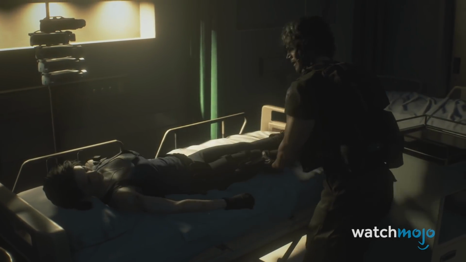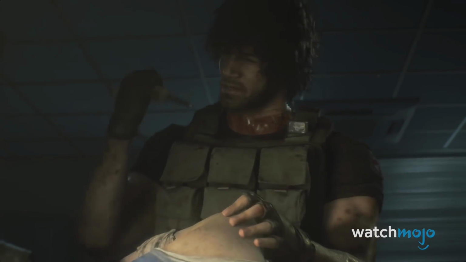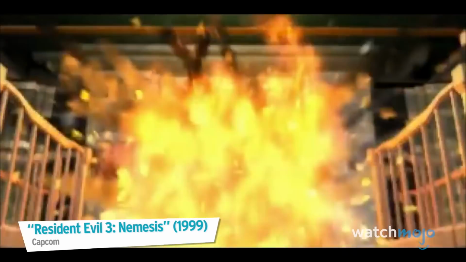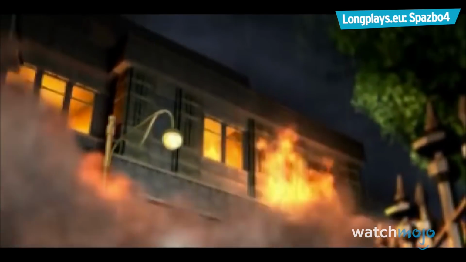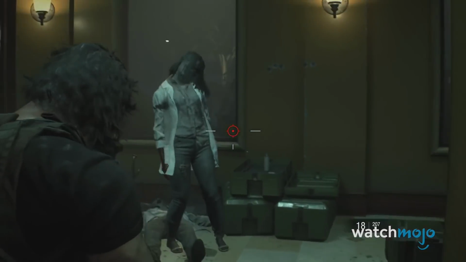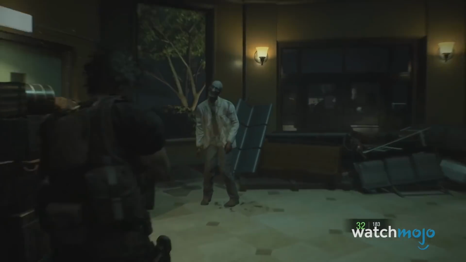While Carlos going into the hospital to search for a vaccine for Jill was in the original, it's what happened after he got the vaccine that was different. In the original, bombs were placed in the hospital foyer, completely obliterating the building. This time the hospital is left standing, but now Carlos has to defend the room Tyrell and Jill are barricaded in